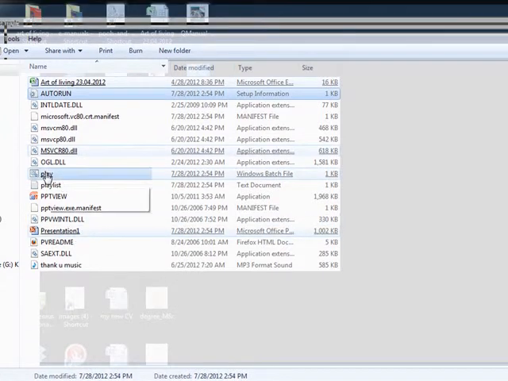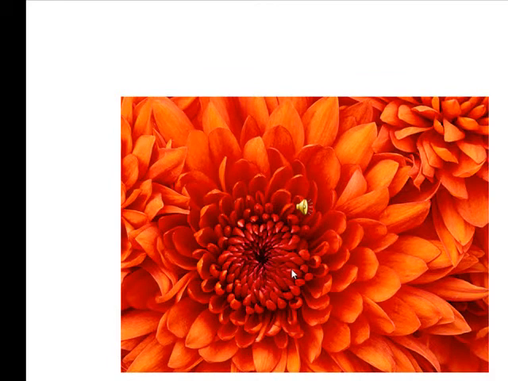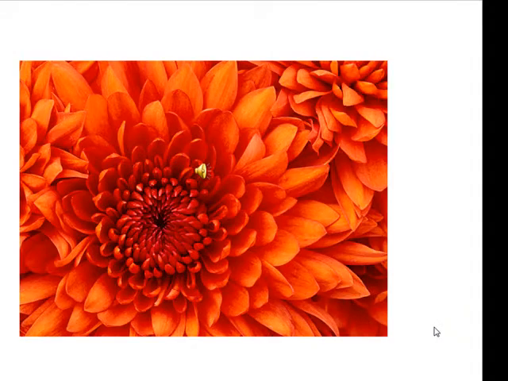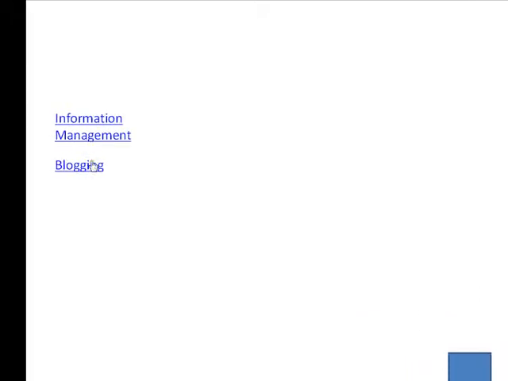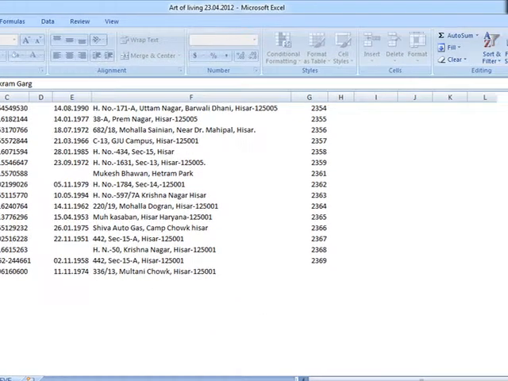Just click this play. If you play, then it will play like this. See, it is fully functional without any problem.